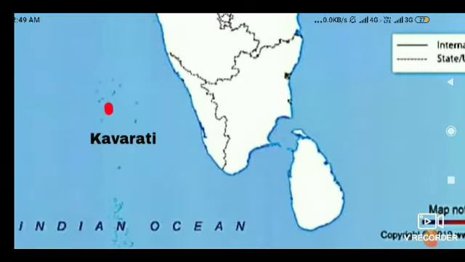Next, Kavarati, it is the capital of Lakshadweep Islands. So near to that you need to write Lakshadweep and mark the capital and write Kavarati. KAVARATI. Kavarati. Children, if you feel like I'm going fast, please pause the video, see the spelling clearly and then write. Okay, keep your atlas near to you so that you can refer to the spelling if you don't know. Next,